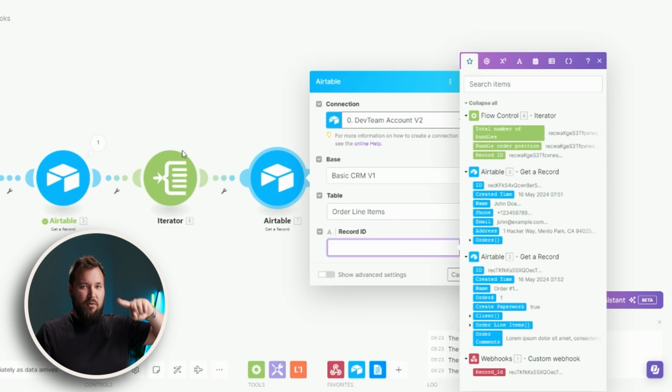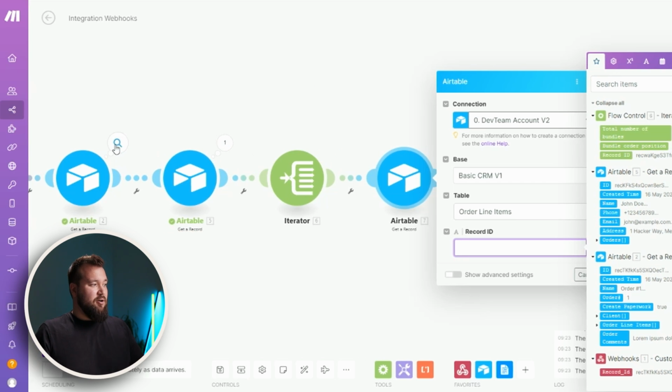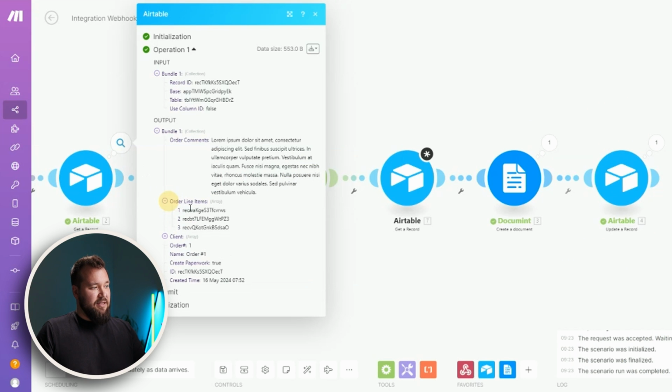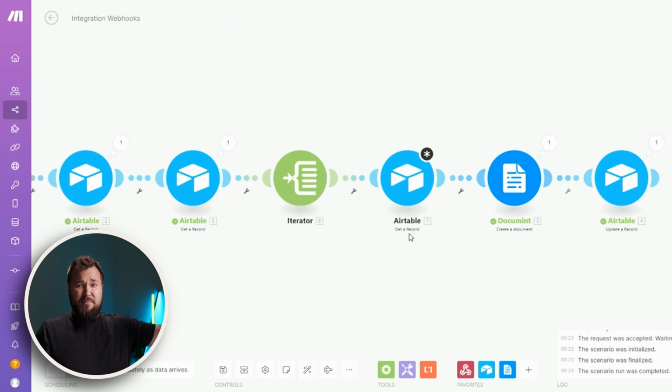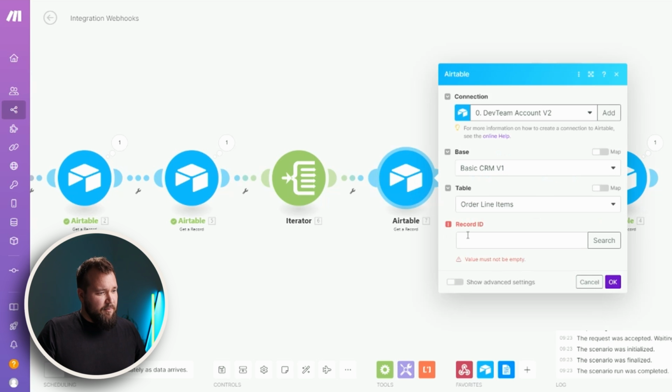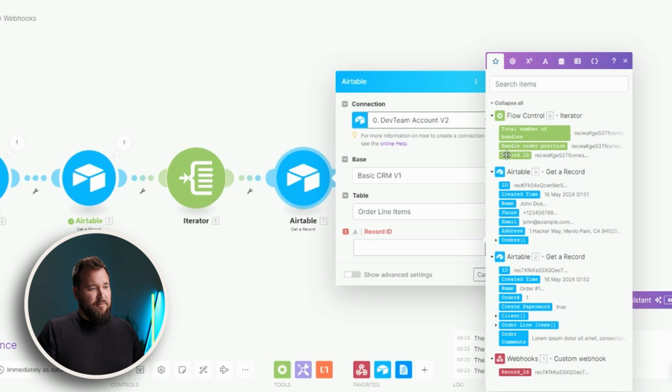because that iterator works, again, in a loop. You feed it an array and it just iterates through the items of that array. In our case, the array contains 3 line items, number 1, number 2, number 3. And the iterator basically takes one item at a time and passes it through to the next module or modules. Picking it up where we left off, I'm just going to map that record ID over here